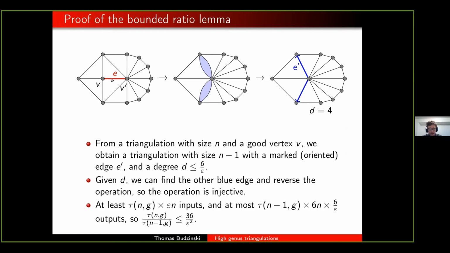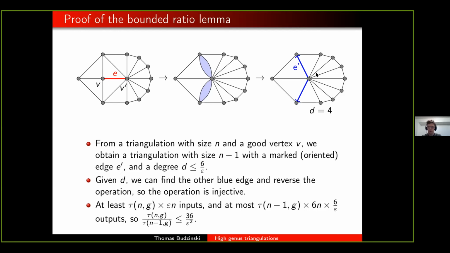So if I have my edge E here joining a vertex of reasonable degree to another one, I can contract the edge E, which is going to turn two triangles into two gons, which are in blue, and then I can contract the two gons as well to get a triangulation of size n-1, because the number of triangles has decreased by 2,